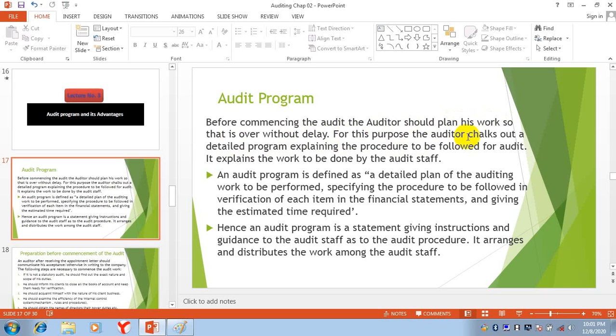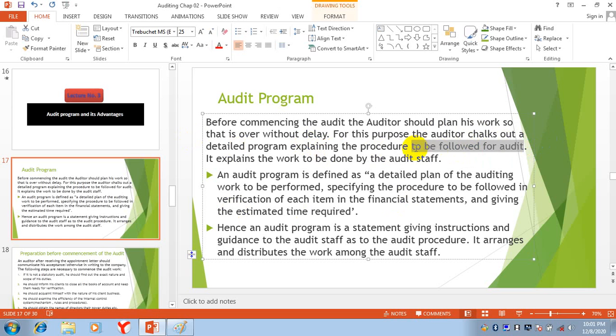For this purpose, the auditor chalks out a detailed program. Chalks out here means in writing, in points, explaining the procedure to be followed for the audit. So he is writing the whole procedure of his audit.